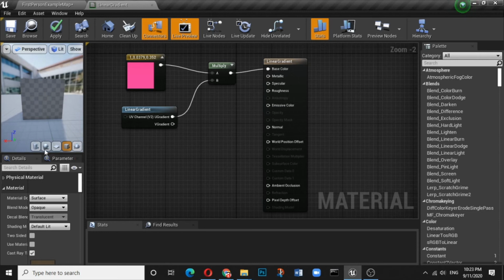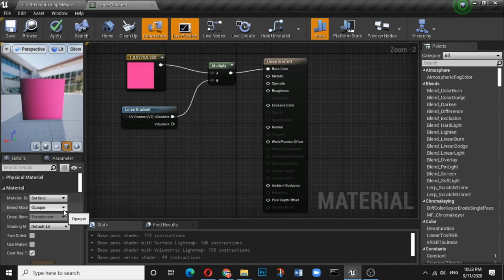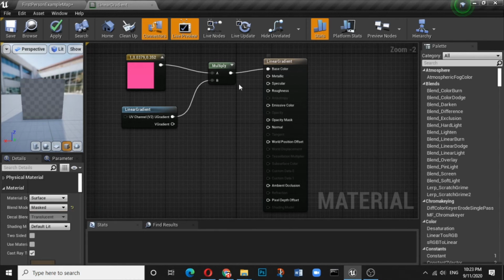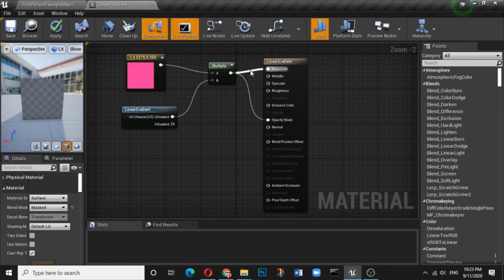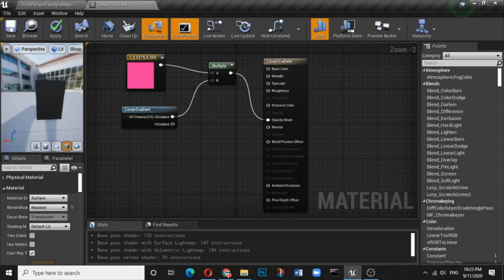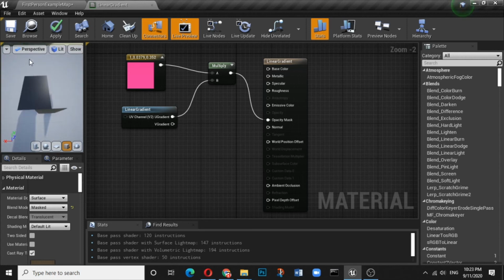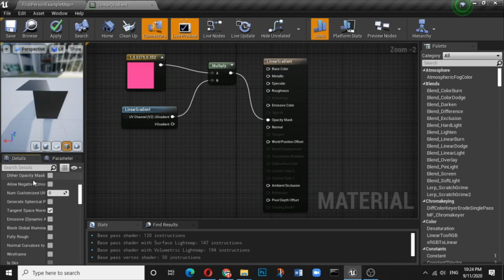Okay, now let us see how it works with the masked material. So connect it with the opacity mask. See the changes. The moment we connect it, it will give you a portion where the light reflection is there, and on the other side the reflection is not there.